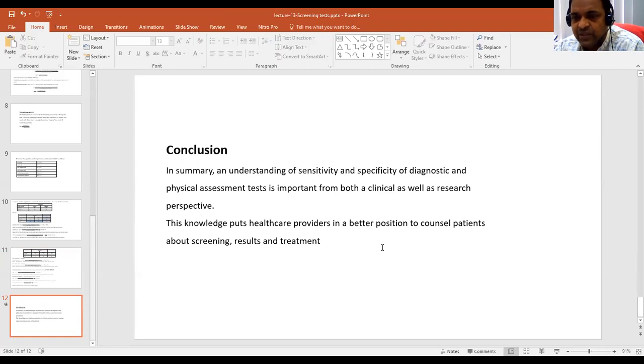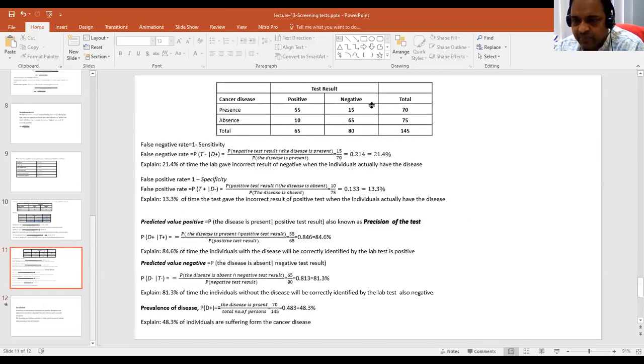You just need the practice. Put this confusion matrix in front of you, change the values and do some other math yourself. With practice it will be easier to understand sensitivity, specificity, predictive value positive, predictive value negative, false positive, false negative, the precision of the test and the accuracy of the test. The confusion matrix makes it easier; definitions alone will not.